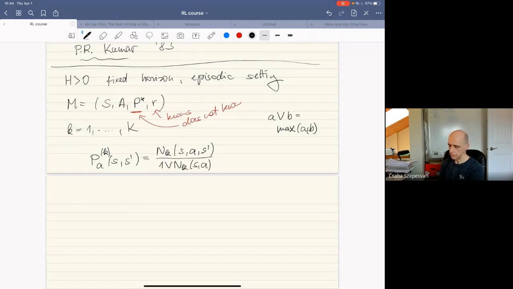Because we're not going to just go with these transition probabilities, but we're going to put confidence intervals around them. So here is what comes of computing what's plausible and what's not plausible. So what are the plausible models? To instantiate this optimism in the face of uncertainty idea, we have to calculate what are the plausible models. So this is going to be all those P's. These P's are just these transitions,